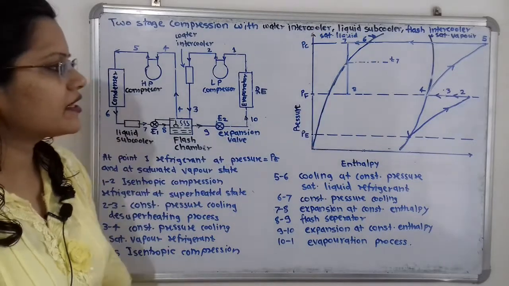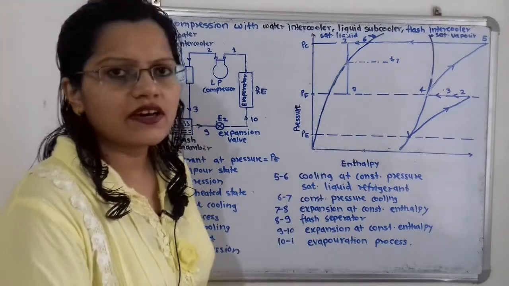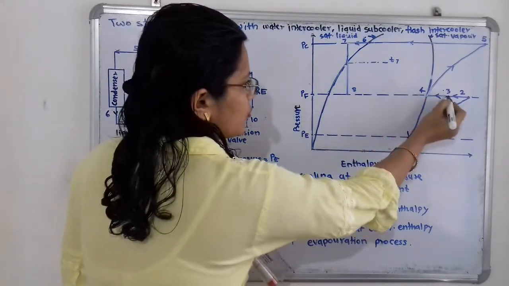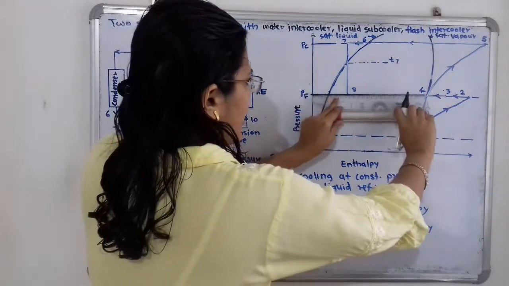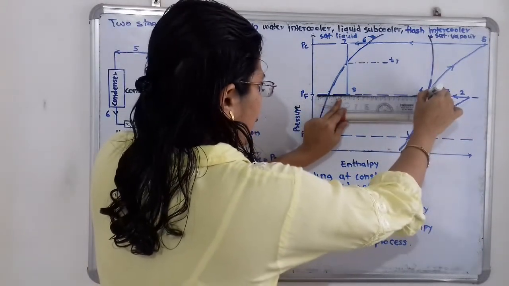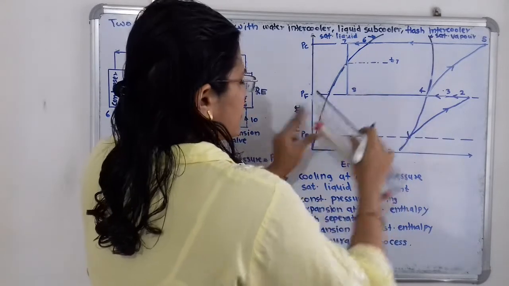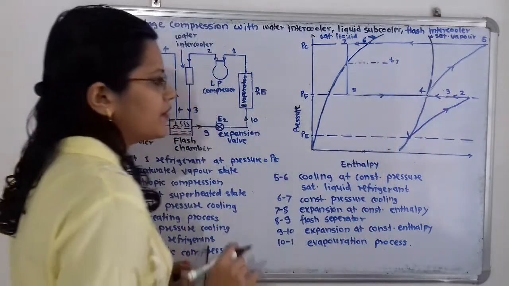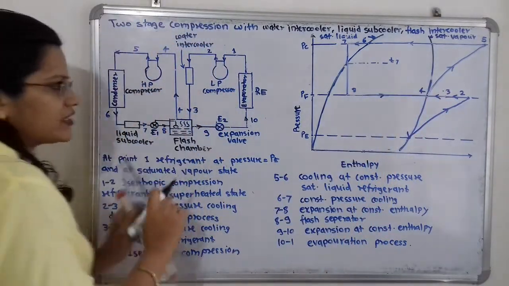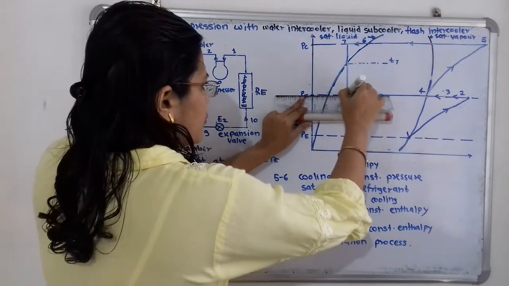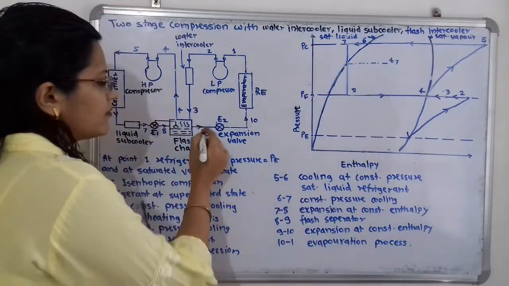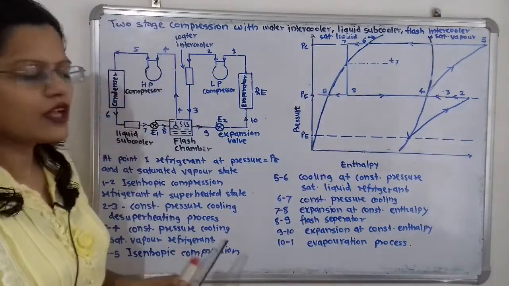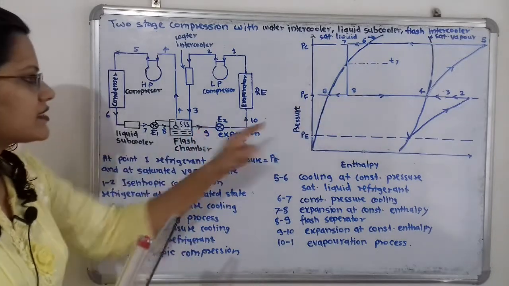Now how to show this in the diagram? Whatever is the vapor refrigerant, we have to show from this point 8, it is moving to the process 3 to 4. So here we have to show this from point 8. Here the vapor refrigerant is moving up to this saturated vapor line. And the liquid refrigerant is moving here towards this saturated liquid line up to this point 9. So here is the point 9. So this process 8 to 9 is getting completed.